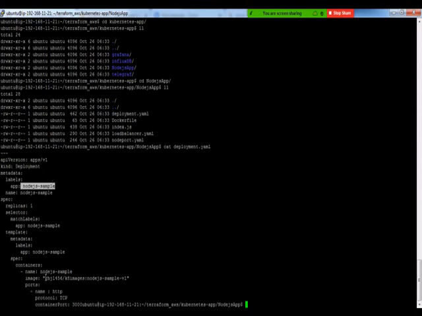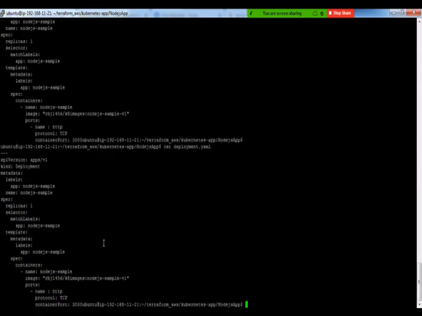And as you can see over here, I have a sample Node.js application whose Docker image I have kept in my own Docker repository, which is given over here. So when I start deploying this application, Kubernetes is going to download the Docker image from this path and install the Docker image in the container, which it is going to create on the node. And then it will try to spin up the application and make it run on port 3000. This is the container port that I have mentioned in my file. Let me open that again.